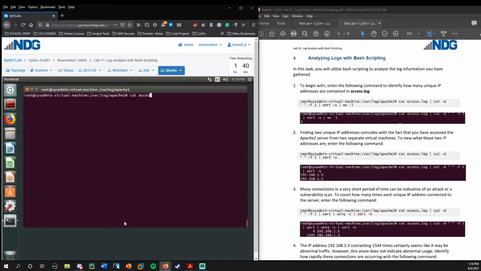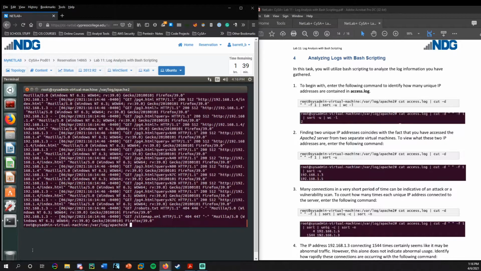So cat access.log, this always comes first. We're essentially creating that output, but here we're always going to pipe that into another command. And actually, you know what? Let me cat that out just so you can look at this, because this cut command,